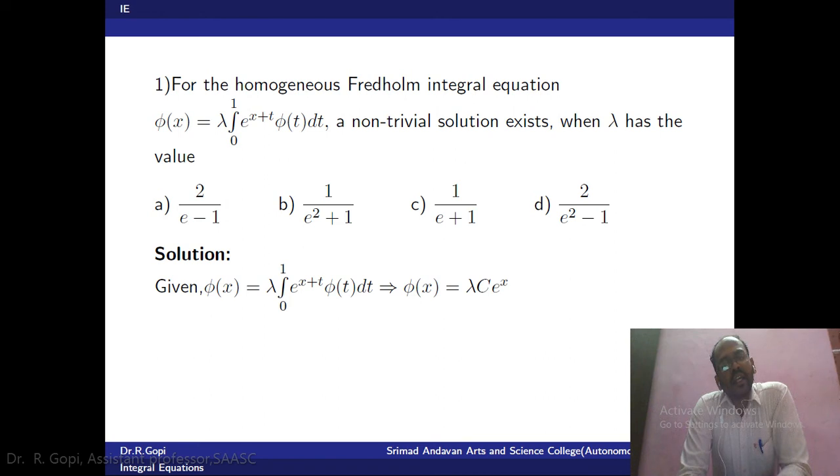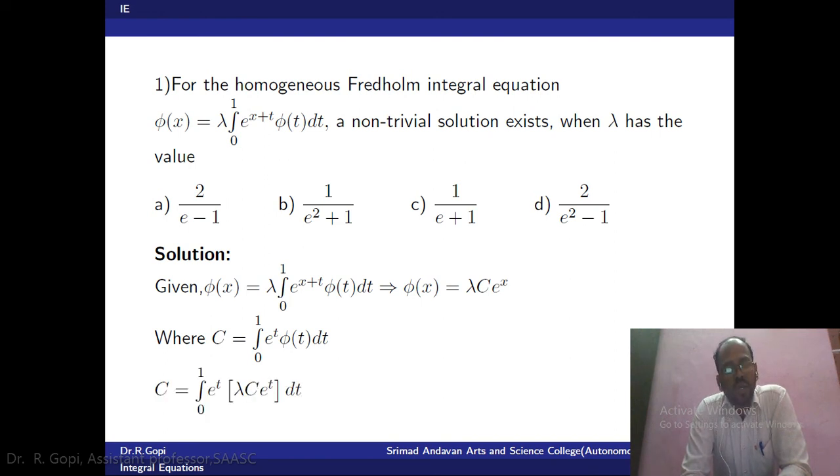Why do we have to replace c? Because phi of t is the unknown function. So we have to replace. So phi of t is nothing but phi of t equal to lambda c into e power t. So c equal to integral 0 to 1 e power t into phi of t dt. Then c equal to integral 0 to 1 e power t into phi of t, put x equal to t. So phi of t equal to lambda c into e power t. So substitute this value, lambda c into e power t dt. So we have to multiply e power t,